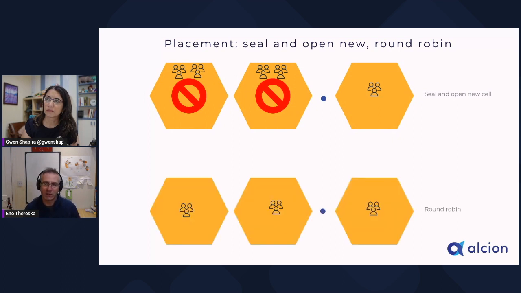And the other way is to do a round robin. You say, I'm going to have 10 cells, and then you round robin customers across them. In practice, you'll need a hybrid of this, because with the round robin one, you don't really know how many customers you're going to have. So you can start with 10 cells, but then you might end up with 30 cells, and one of them might be really full. So you'll need a hybrid of both of these two. Okay.